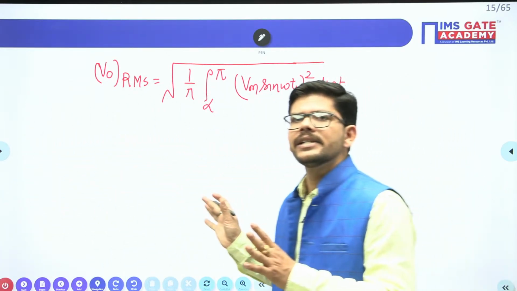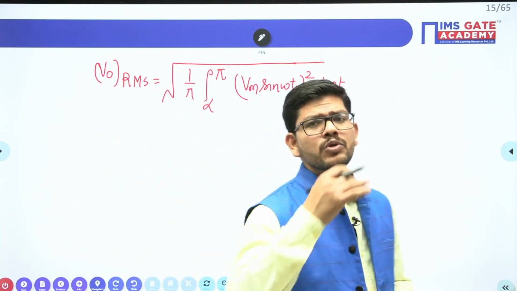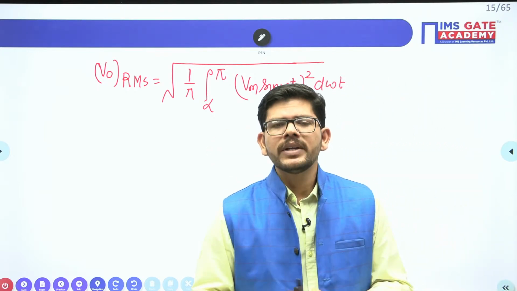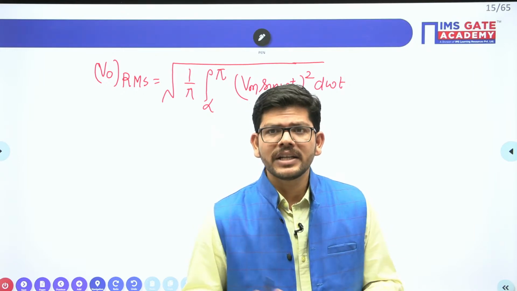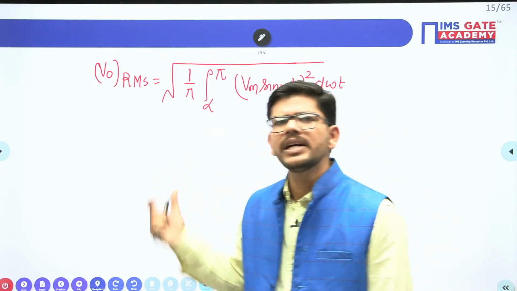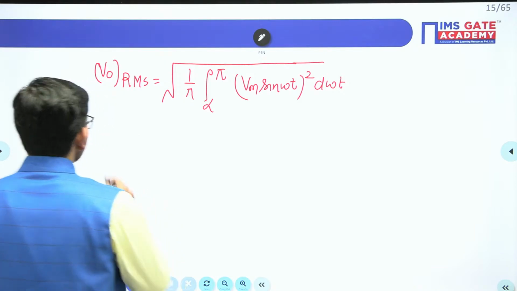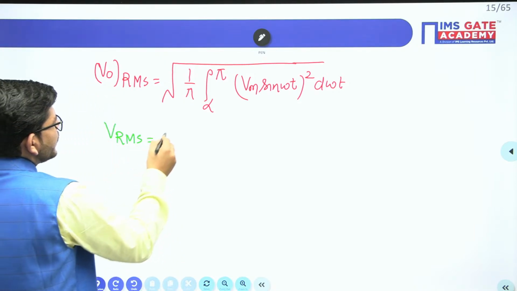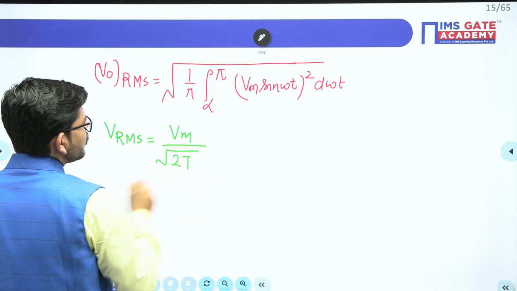Now in order to get the RMS value of this output voltage, we have to solve this complex integration, isn't it? But you don't have to worry, because when it comes to solving the integration and the RMS value of the converters, I have seen students really struggle. Here I am telling you one trick from which you can calculate the RMS value very easily. If you have this kind of thing, the RMS value is Vm by 2 under root 2 t,